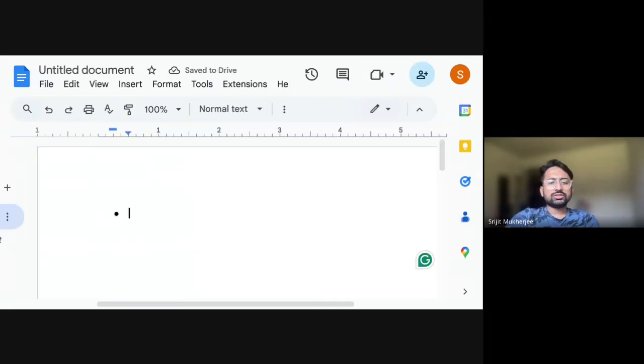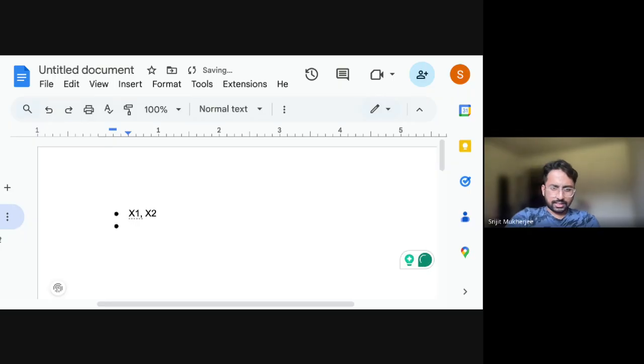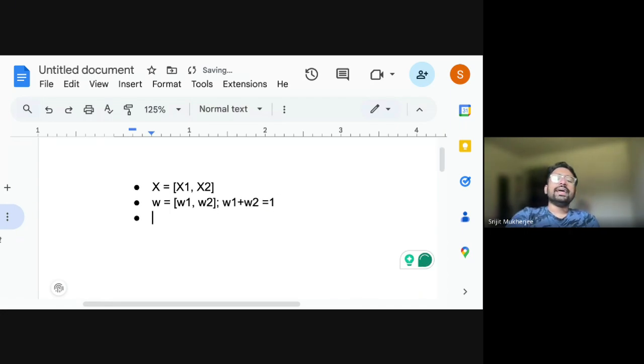So let's say you have two stocks, x1, x2, their prices. Let's call X as x1, x2, and W as the weight, small w: W1, W2, where you know that W1 plus W2 is 1, right, guys? So your current Y is nothing but W1 X1